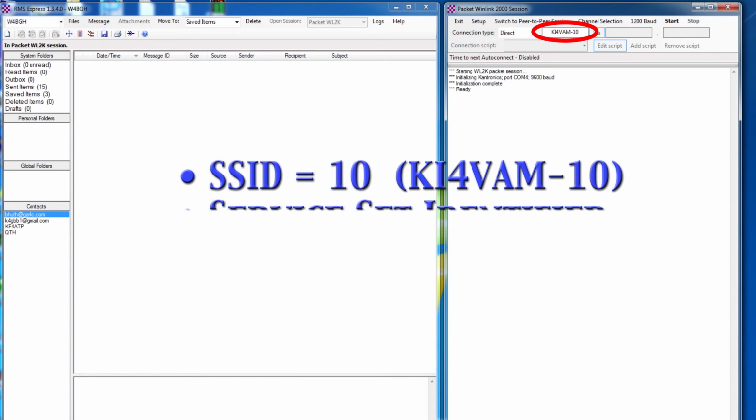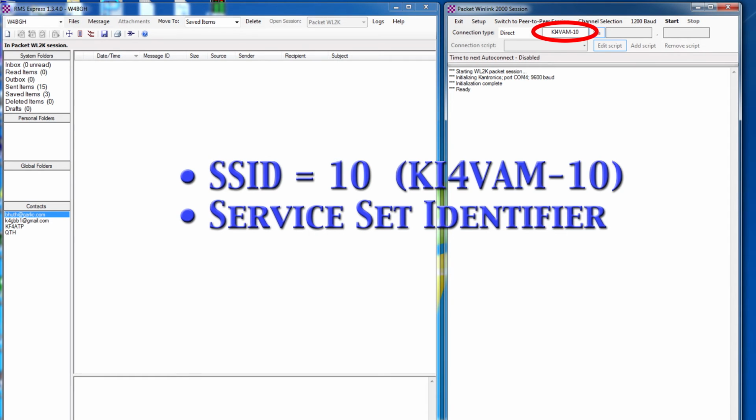By the way, SSID stands for Service Set Identifier and is a way that a single amateur radio call sign can be used for a number of digital radio purposes, such as bulletin board systems or a node in a packet network. SSIDs can have 16 values from 0 to 15, but a value of 10 is typical for WindLink RMS packet